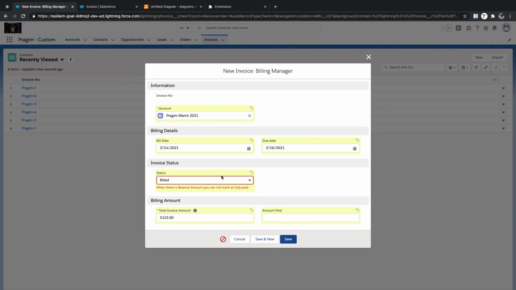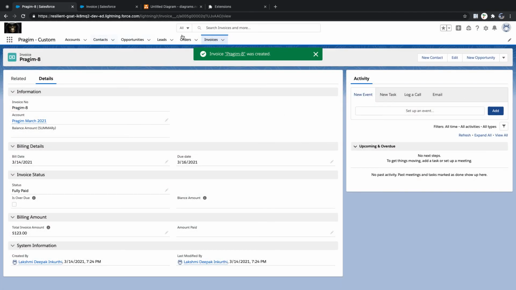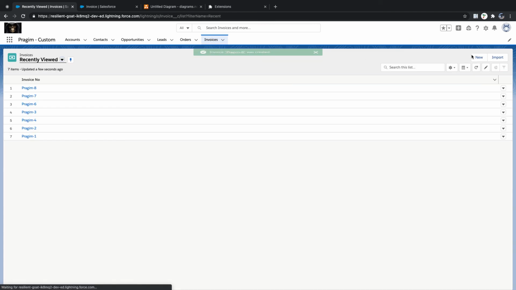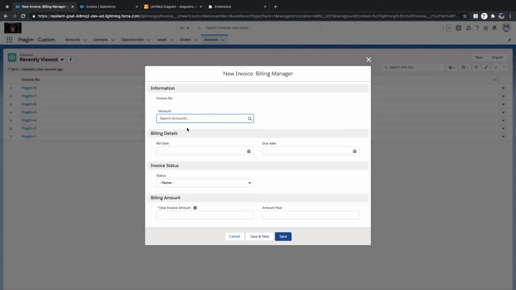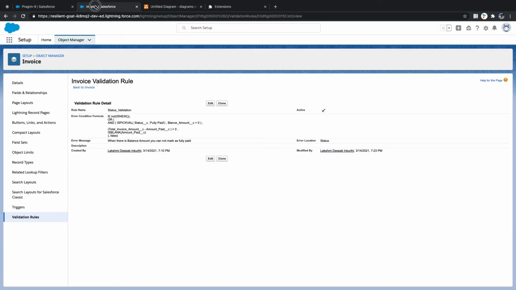If I say fully paid and enter 1, 2, 3, I should get an error, but it is not giving an error. Why is it not giving an error?